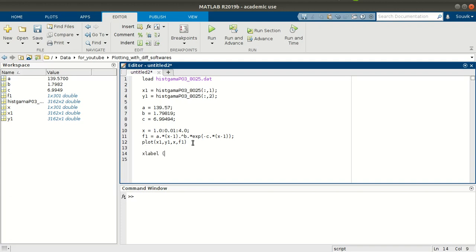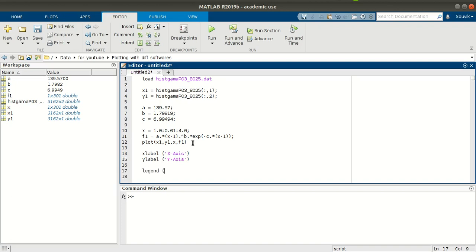let's give it some name, x axis, let's say. So this will be under brackets. Whenever there is an error, there will be a red line below that error line. Whenever you make a mistake, there will be a red line like a warning, right? So x axis, y axis, y label we have set, and now let's also put the legend.